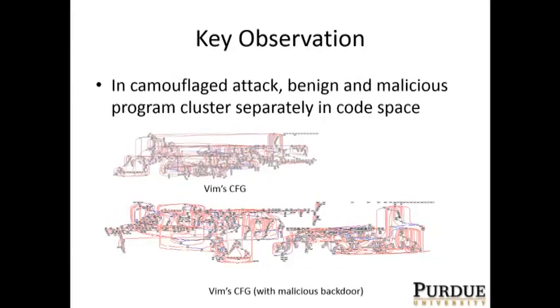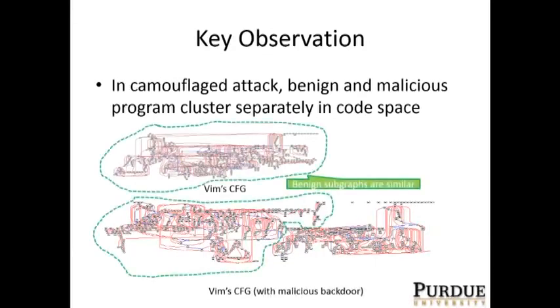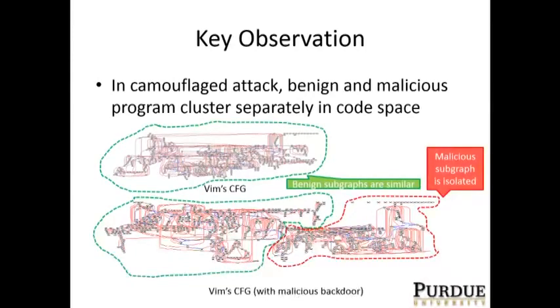After comparing these two control flow graphs by aligning the loads with the same address, we find that benign subgraphs of these two control flow graphs are very similar to each other. On the contrary, the malicious subgraph in the second control flow graph is quite independent and isolated from other program paths. The root cause is that parasitic malicious functionality is by nature not related to its host application's functionality. Thus, we think that the code distance to the benign subgraph is a good measurement for the benignity of the code.